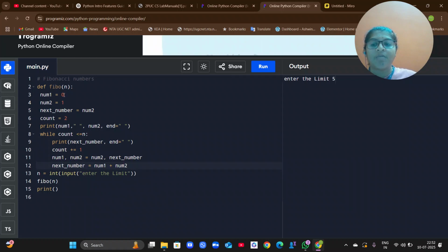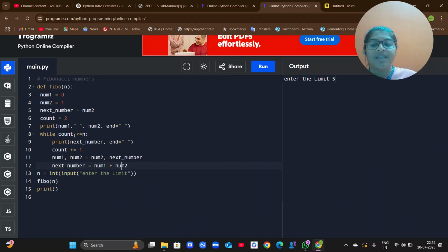What is there in number 1? 0. What is there in number 2? 1. So 0 plus 1 is 1. Okay. Again it will go back. The loop will be 3. So 3 here, the next number it is going to take. Then the count value will be incremented by 1 and swapping happens.